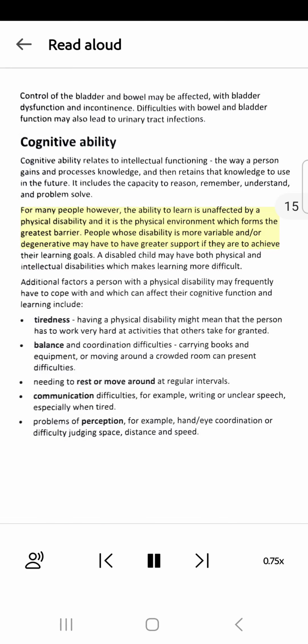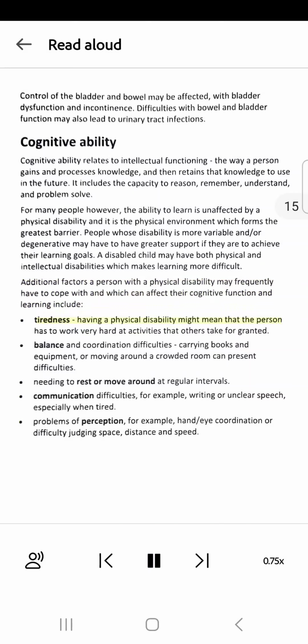People whose disability is more variable and/or degenerative may have to have greater support if they are to achieve their learning goals. A disabled child may have both physical and intellectual disabilities, which makes learning more difficult. Additional factors a person with a physical disability may frequently have to cope with, and which can affect their cognitive function and learning, include: